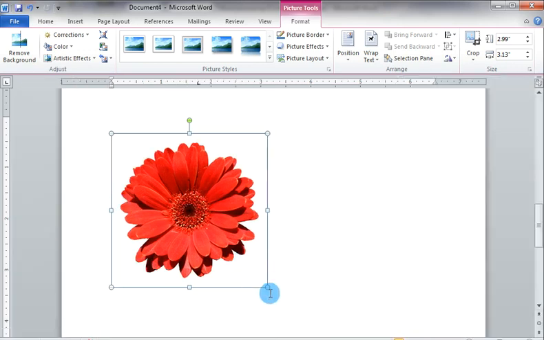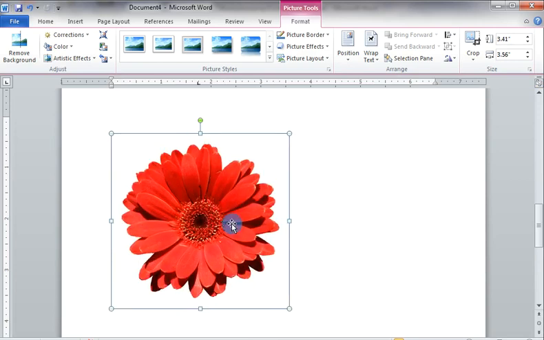You can change the size by dragging in or out the image. And you can also see another tab appear on the ribbon, the format tab. By using these commands in the format tab, you can change the image formatting.